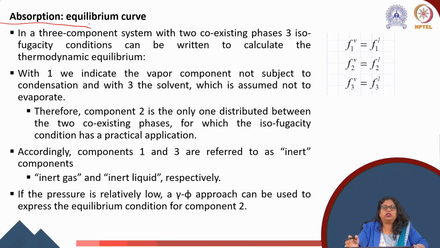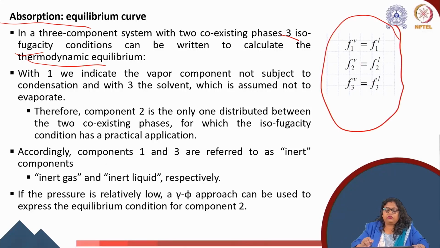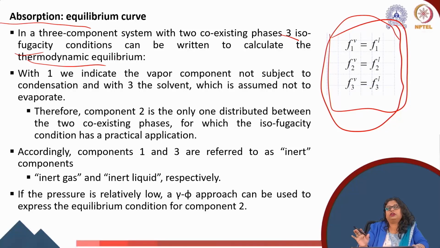So talking about the absorption equilibrium curve in a 3 component system with 2 coexisting phases, this 3 isofugacity condition can be written to calculate the thermodynamic equilibrium. So the isofugacity condition is written: F1, F2, F3. F1 is a fugacity. So F1V is equal to F1L, F2V equal to F2L. So this is the equation when we are talking about the 3 component system with 2